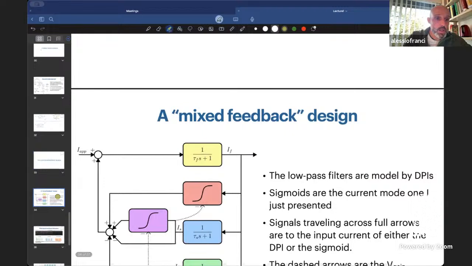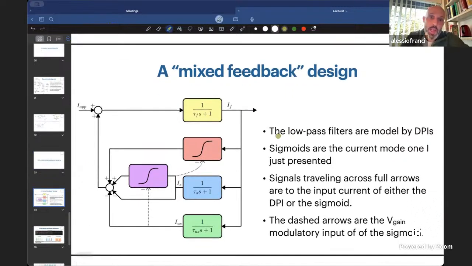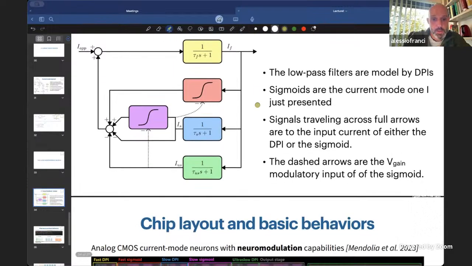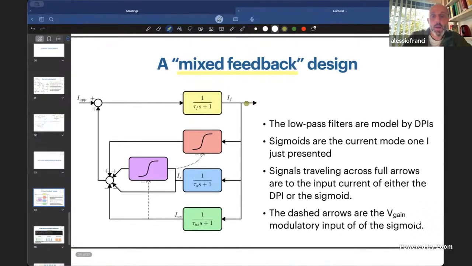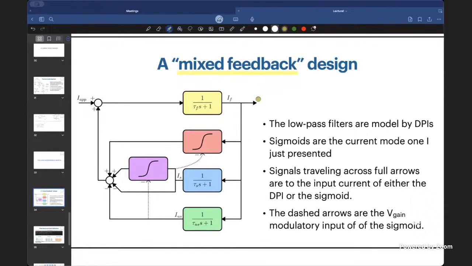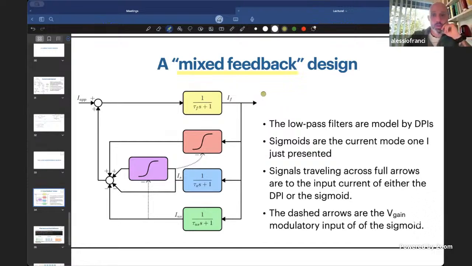And so the neuron design that Laurice will present is based on what's called a mixed feedback design. I don't know, did you cover mixed feedback, Omar, during your lecture? Yes. Okay, so you already know the notion of